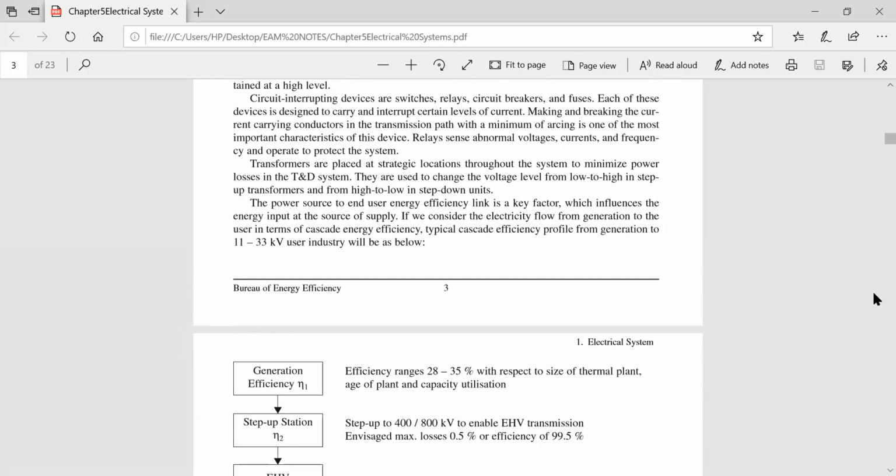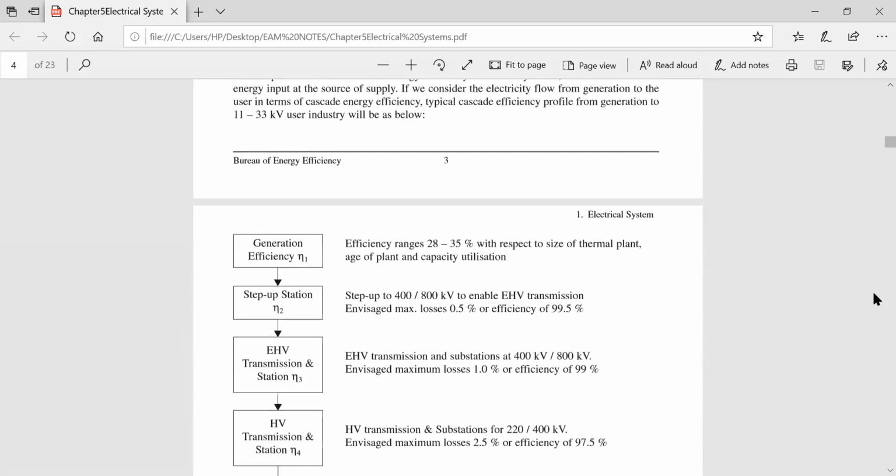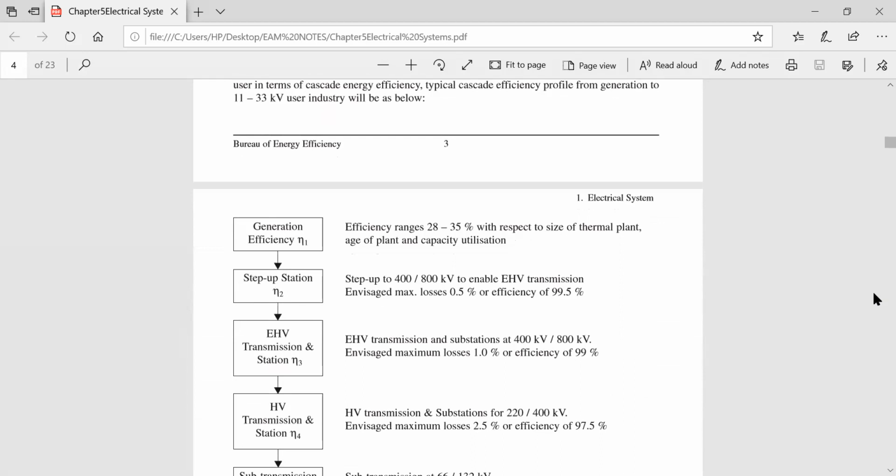As this figure shows, that is the generation efficiency, efficiency beta one. The efficiency range is there because for coal we are talking about 28% to 30%, and it will depend upon the size of the plant, age of the plant or the capacity installation. Then the step up station, where we are stepping up to 400 to 800 kV to enable EHV, extra high voltage transmission. The maximum loss is 0.5%, or the efficiency here is